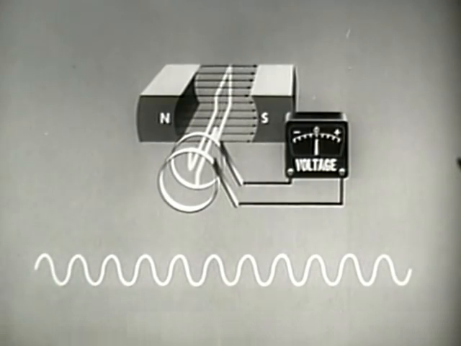The same effect can be accomplished by holding the conductor stationary and rotating the field instead. Lines of force are still being cut, and so an EMF is generated. Either the conductor or the field must remain stationary or move at a slower rate. That is to say, relative motion must always